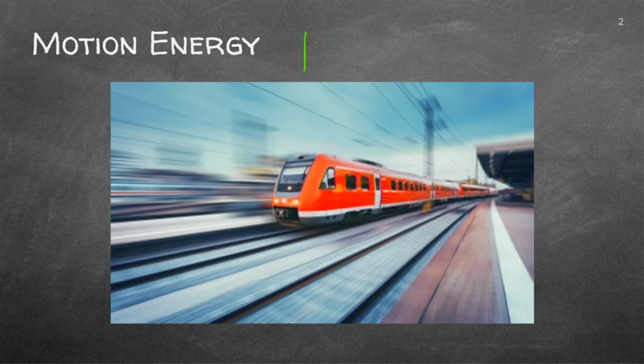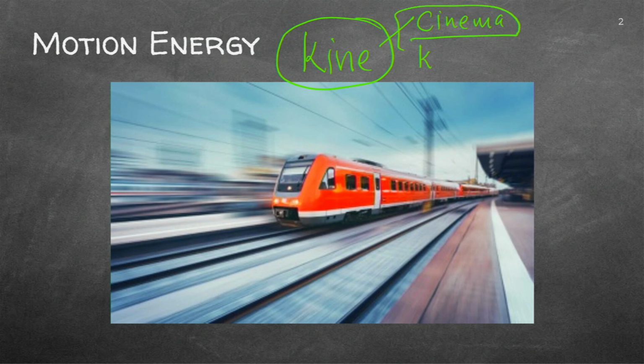And remember, in the first lesson, we said kine means movement. If you go to the biokineticist, that is the person who works with movement. Kine is movement, or as we said, if you have a look at the cinema, you will be looking at moving pictures, and that also comes from the word kine. So moving and kine is similar, and that's where the naming of kinetic energy comes from.